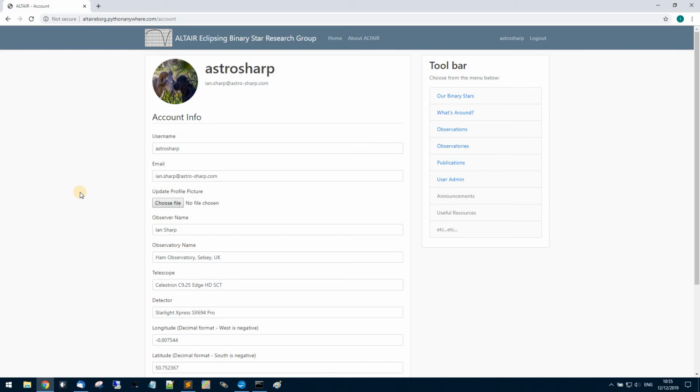And if you don't have an observatory, it will default to Greenwich as the position when it shows a default set of data, and then you can choose which observatory you want to use. I'll come to that later, but here you can, if you want to, here's a picture of my